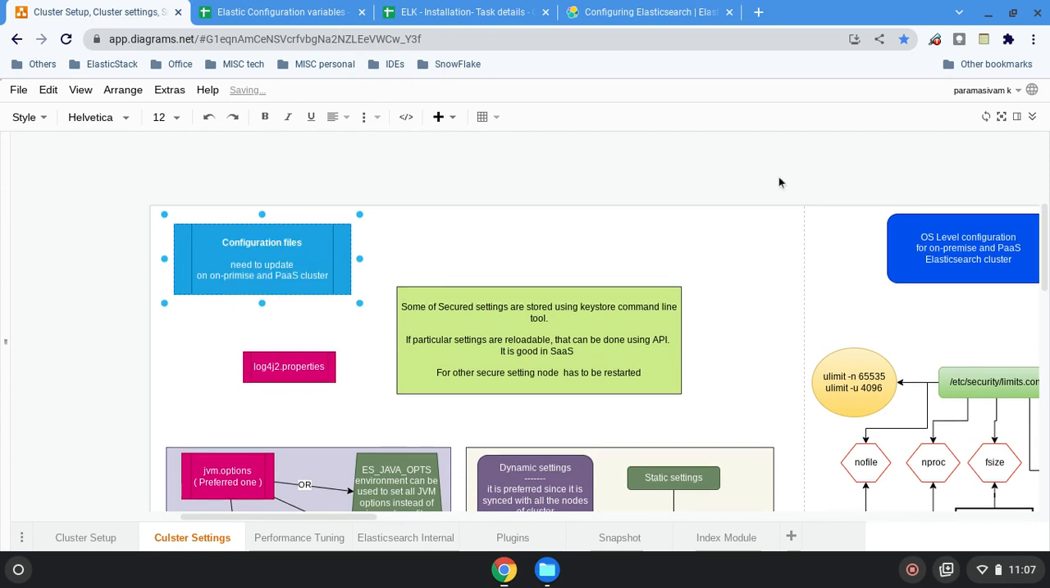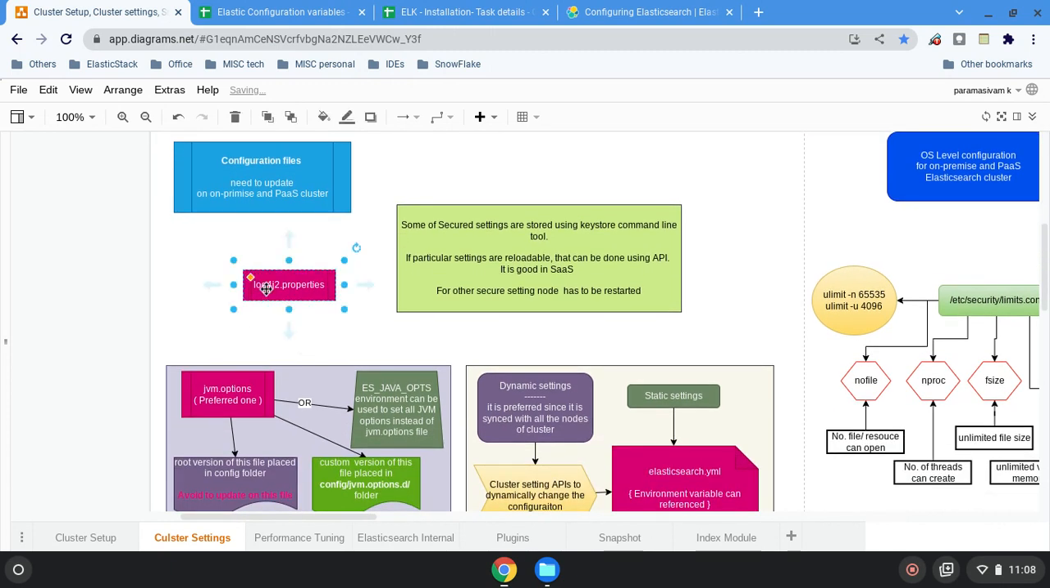We will see, as I said, there are only three configuration files. One is the log4j properties file. It's very simple. If you are familiar with a programming background,